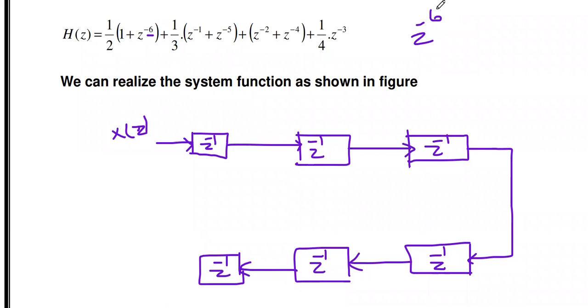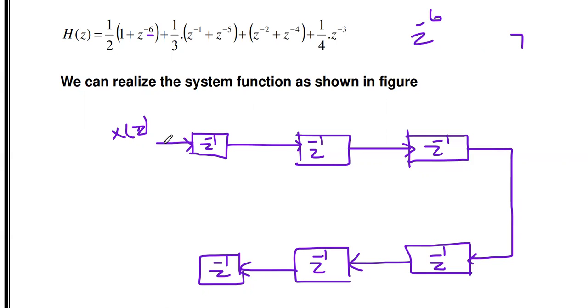So you just find what is the maximum delay. If it is 6, then you draw 3 on top and 3 on the bottom. If it is 7, then 3 on top, 3 on the bottom, and in the center we have to use one more delay. We will see that in the next problem. Okay, if n is even, you just draw it, then you see what the output is.